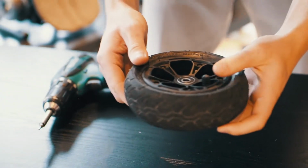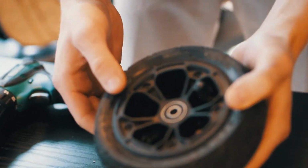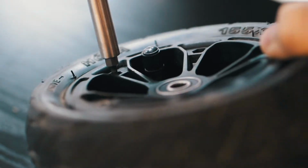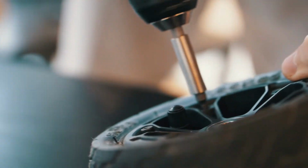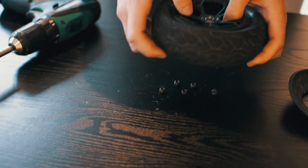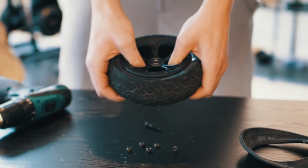You should take off the wheel from the board and then simply unscrew these 5 screws, and the nuts which hold the screws will come out on the other side. Right, now you can see all 5 nuts are out, and you can basically just have one side of the